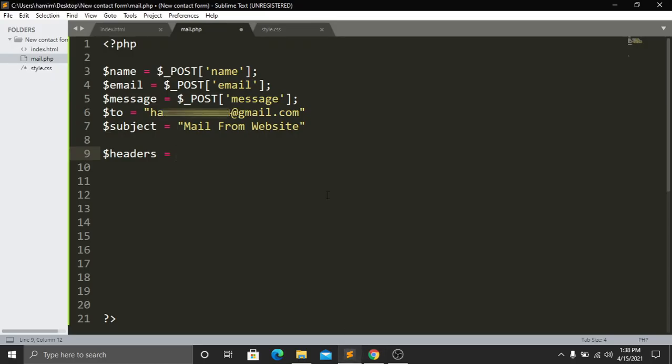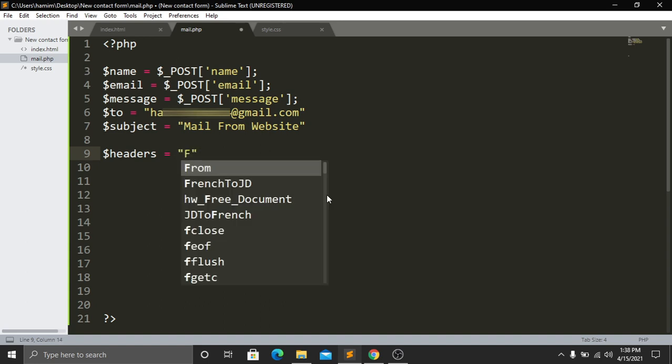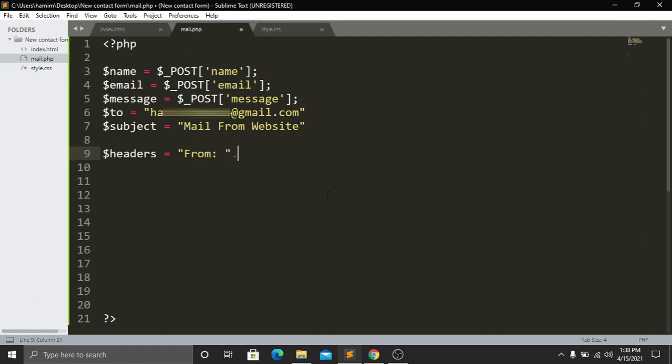So for doing this, first I want to get the name. For the name, first I will write From, and then I want to see the name. For seeing the name, we have to copy this name variable, because the name is actually inside this variable. So copy this variable and paste it here, and then we have to give a dot here, and then I want to give an empty line, because I want to break this line, and I don't want to get all of these values in one line. I want to get these values one by one. So that's why I will take a line break. It will be /r and /n.